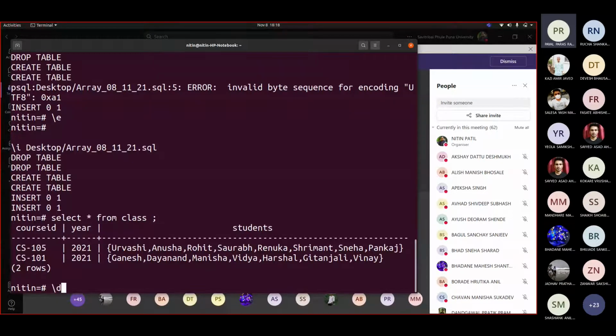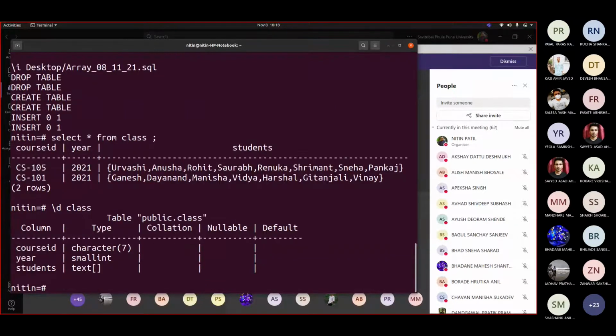If I see the details of this table, I'll be able to see that I have created a students array using text. Which is helping me store information about all the students in one shot for the course in terms of registration. So if I have to make use of array, then I'll be using array like this. Now this is for one dimensional array.